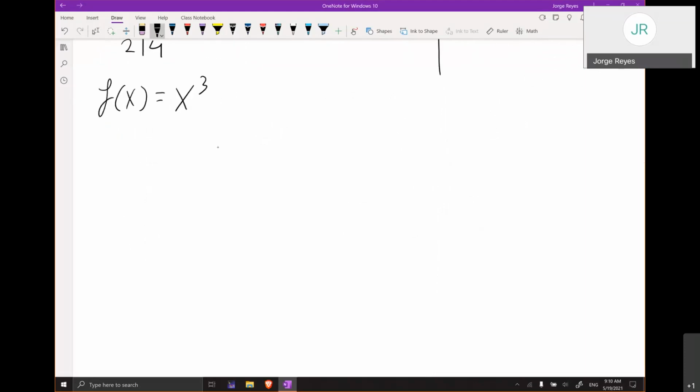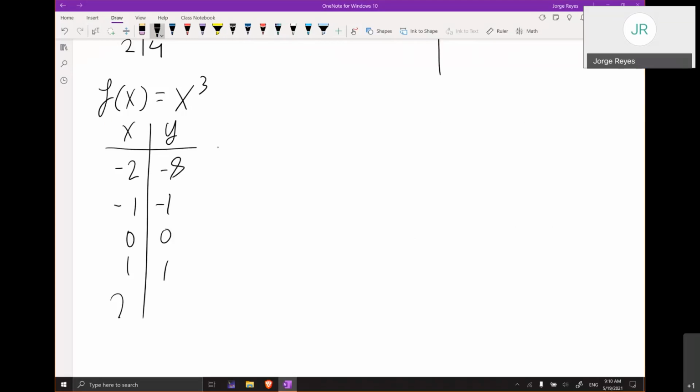So x cubed. Okay. So again, I'm just going to plug in some stuff and see what happens. Let's not start with -3 though. Okay, so that's 8. Actually, that's -8. -1, that's -1. 0 is 0, 1 is 1, 2 is 8. There we go. Okay, plug in. And so if I graph all of these points, 0, 0, 1, 1, 2, 8, -1, -1, -2, -8, we're gonna get